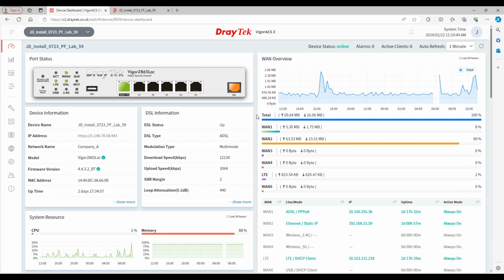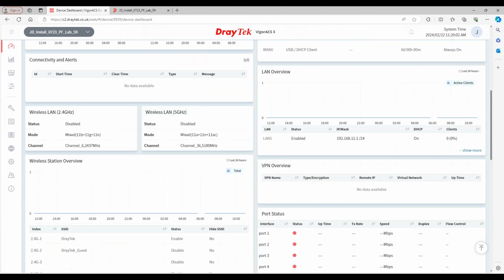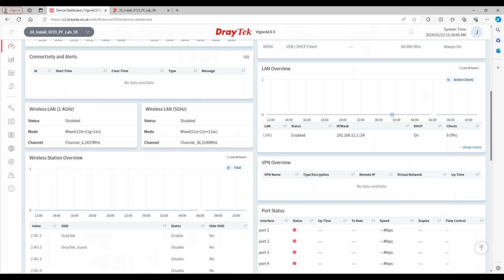We have on the right-hand side, information of the WAN overview. So this is the total amount of WAN traffic, and we can see per individual WAN interface as well, the amount of traffic that's been generated. We've got a summary here of the actual IP addresses for each internet connection that's available at site. We can see, because it's a LAC model,